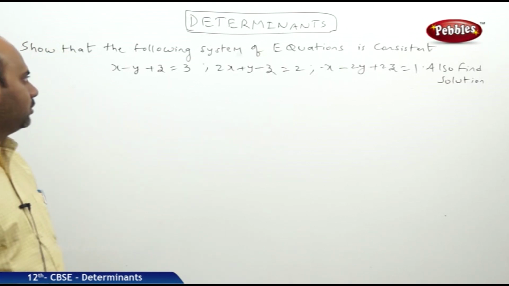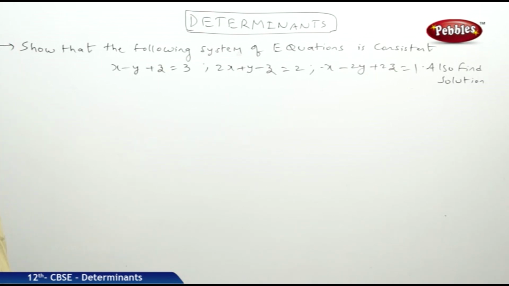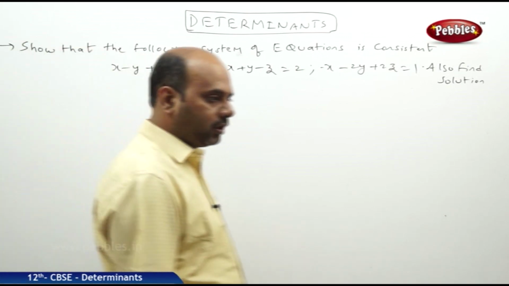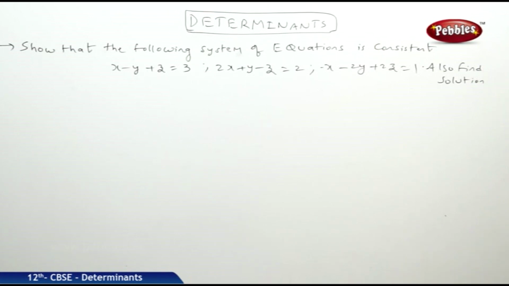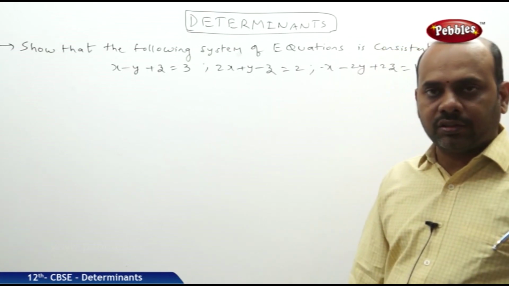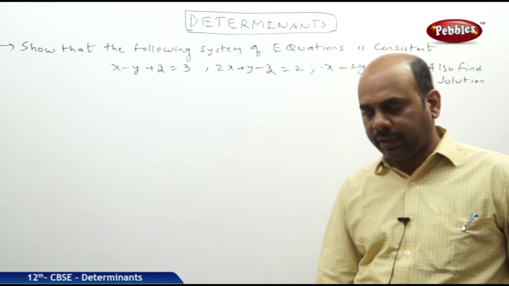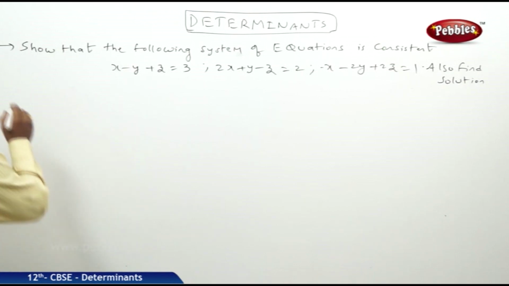A question is given to us: show that the following system of equations is consistent. Consistent means every time don't expect we will be getting a unique solution. Sometimes we might be getting an infinite number of solutions, provided on the condition adjoint of A into B. So here, when coming to this particular problem,